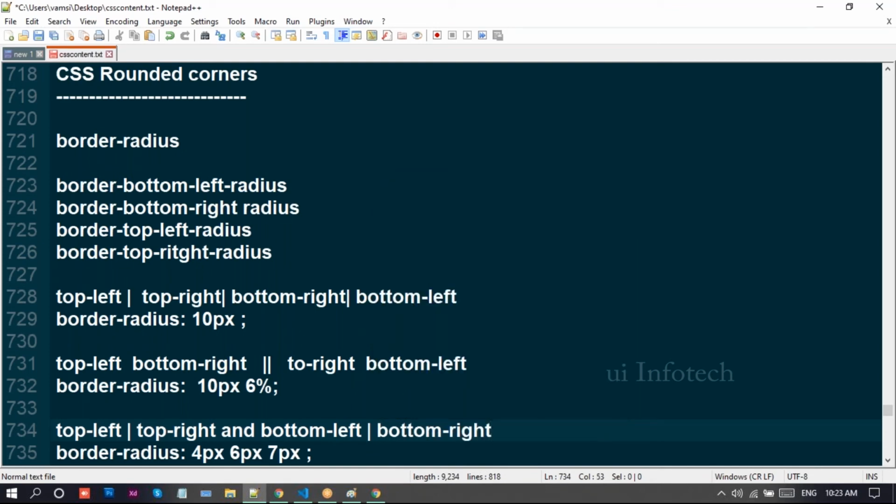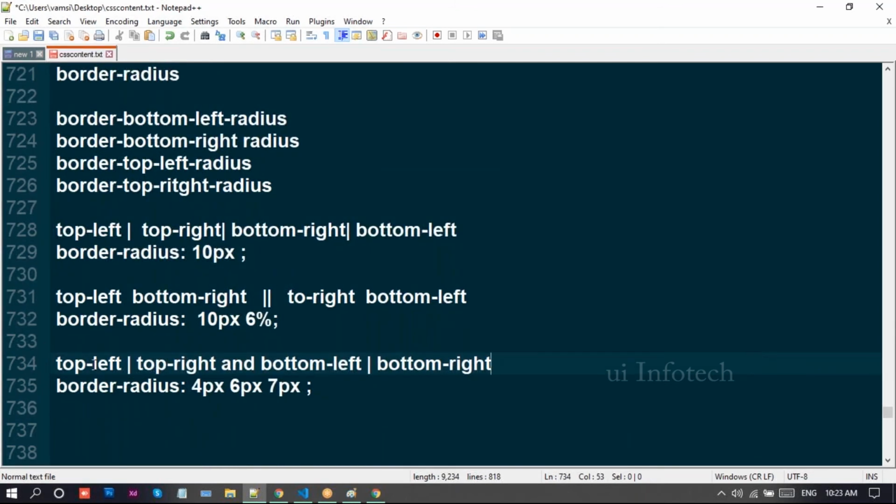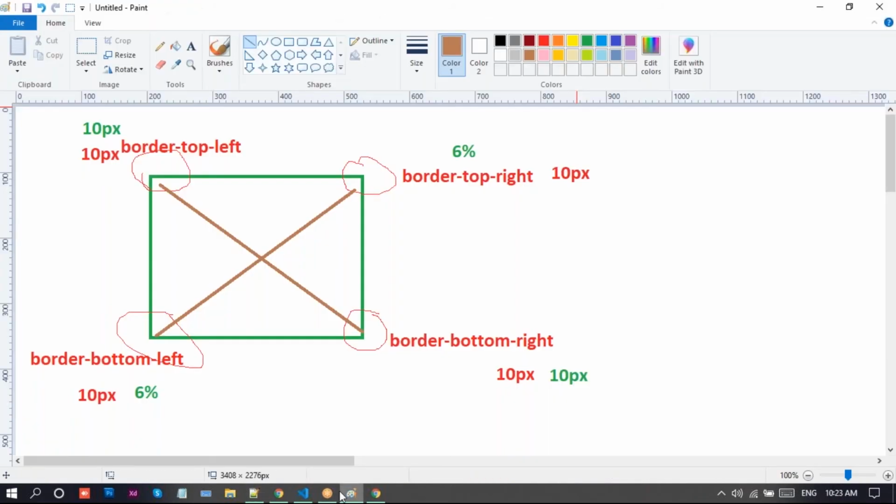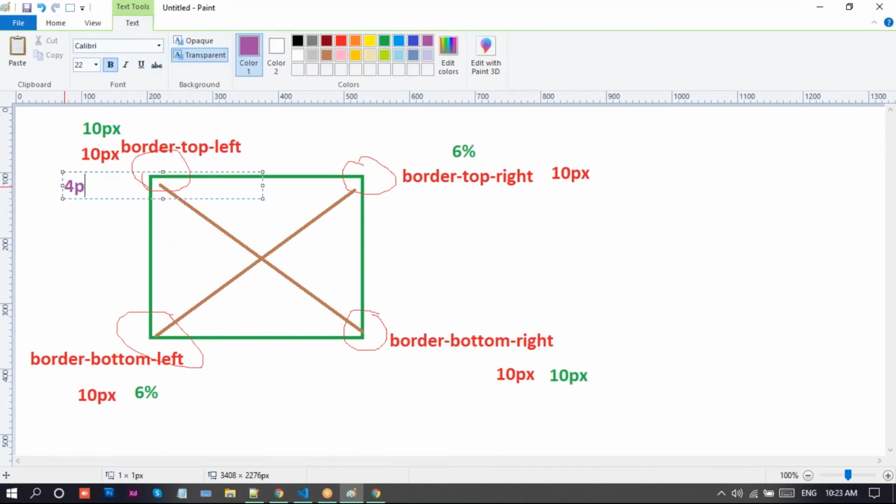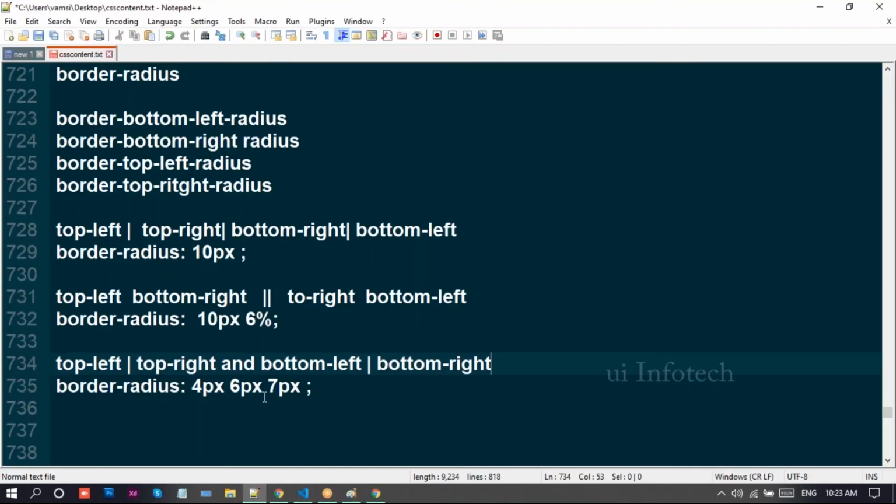So if you find the three values, the first value 4 pixels is top left. You go to this MS Paint. The top left we have 4 pixels. And the last value, we have 7 pixels, so the 7 pixels will be taken to this one, bottom right.